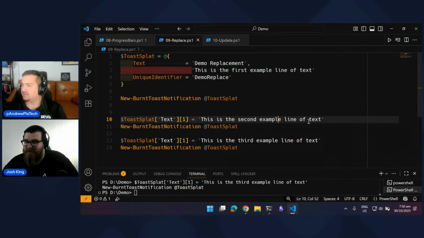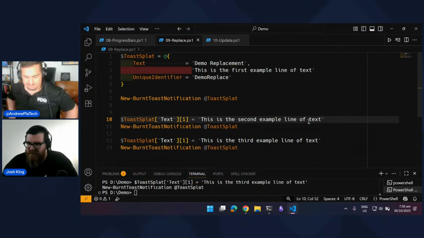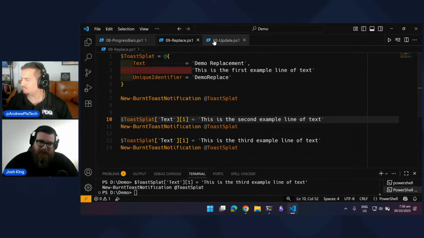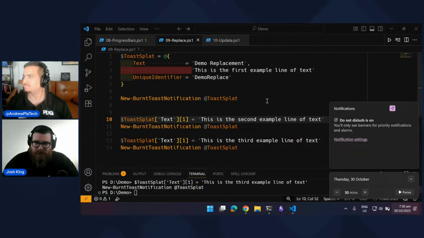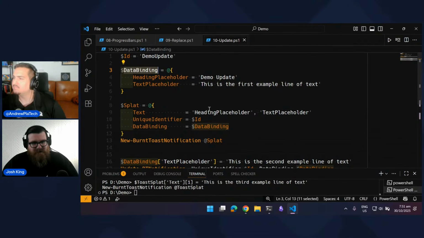and it's not a fun experience. So it's good for ensuring that users are getting up-to-date information, but low frequency of those updates, because you really don't want to be doing that too often. Now, the alternative is updating a toast notification, and this is a little bit more